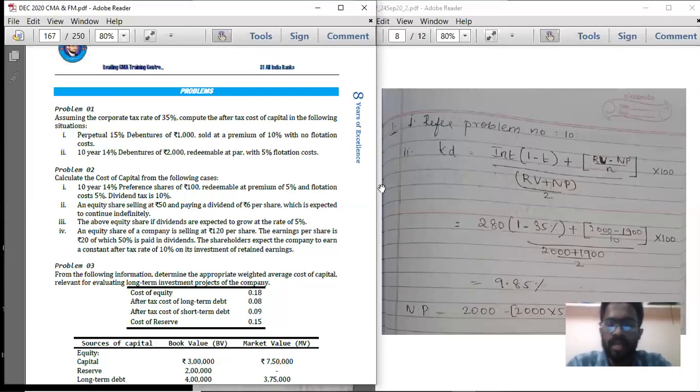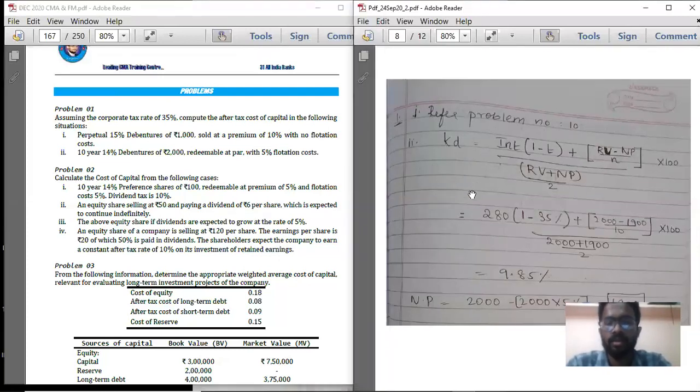So here calculate one by one. First, what is the interest here? Interest is 1000 into 15%. Now record, interest is 150. That is equal to 150 into open a bracket 1 minus 0.35, close the bracket. Now leave 2 lines gap below that record. NP, net profits is equal to